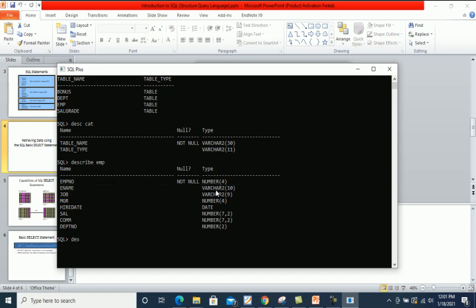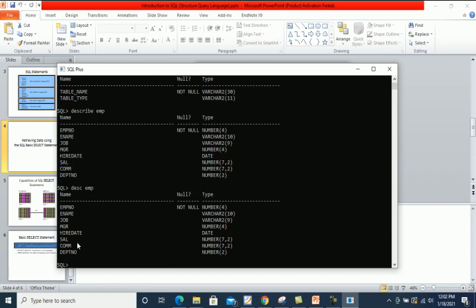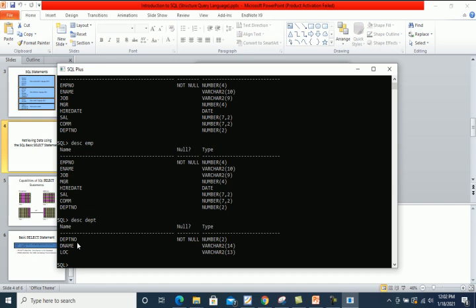If you want to see the structure of the department table, just write this. You can write the complete word describe or just the first part. Inside Oracle, you need to write at least the first 4 characters so Oracle can recognize the required word. So for example, I write the complete word describe EMP, or if you just write the first 4 characters, describe EMP, no problem, it will work. Look here, describe EMP. Or if I write describe DEPT, let's see, these are the columns of the department table.